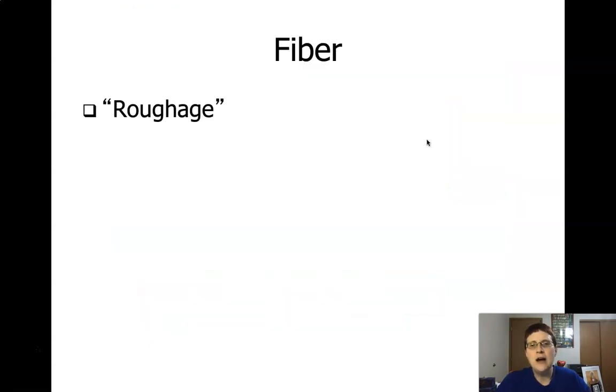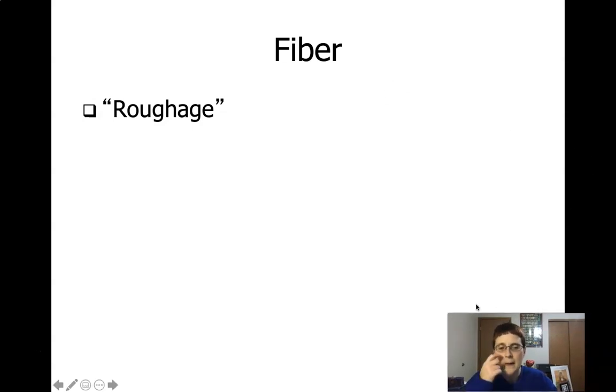So we know fiber works as what we call roughage. Since fiber is not digestible, it stays intact in our digestive system. When you consume any organism that contains cellulose, you chew on it and you break parts of that, right? But it stays pretty much intact as it goes through your digestive system. And you've probably experienced this before. Sometimes when you eat things, they come back out the other end looking pretty much the way they did going in. A great example of that's corn, right?